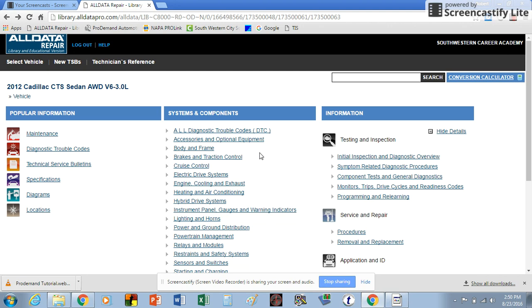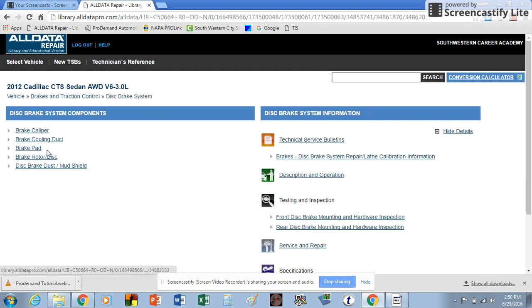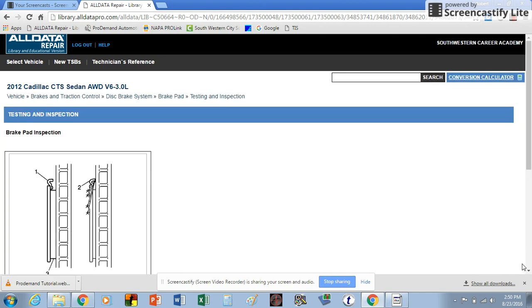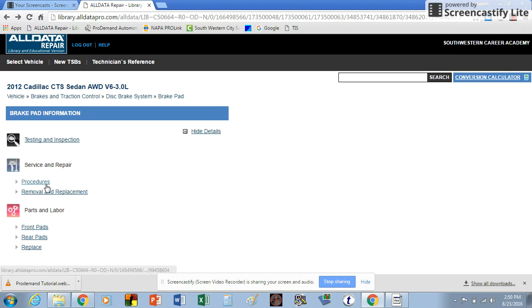And then to look up how to do something, we'll go to brakes. We'll select disc brakes, and we want to replace the brake pads. So this will give us how to inspect per what General Motors says. This will tell us what to look for. It may give us specifications like in here for how much wear on the pads is allowable before they need to be replaced. This tells us how to,